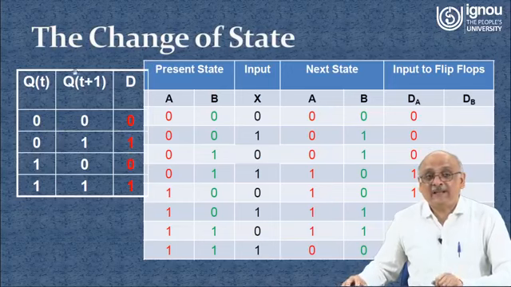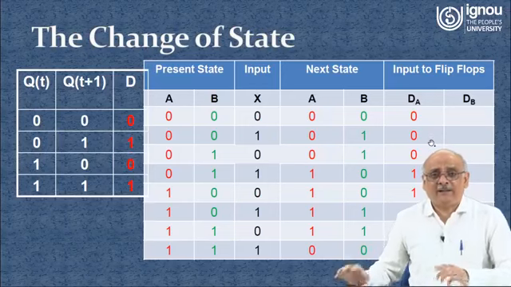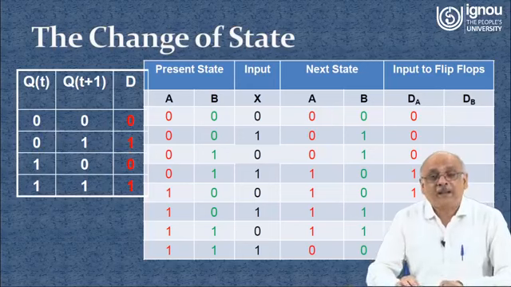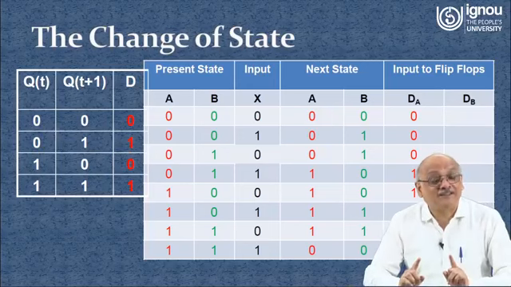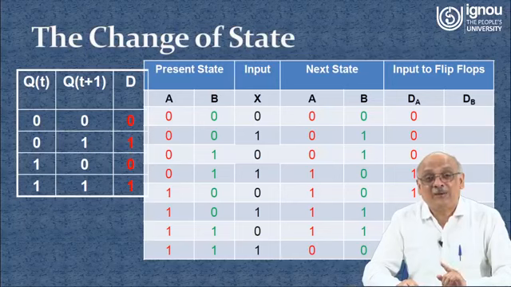So you can see it is the excitation table which is required to determine what should be the values of dA. And it is a simple translation, right? I mean this is not rocket science. This is simple logic, right? And simple logic makes complex logic, remember that. Even rocket science has been built from very, very simple logic like these. All right, so this is for dA.